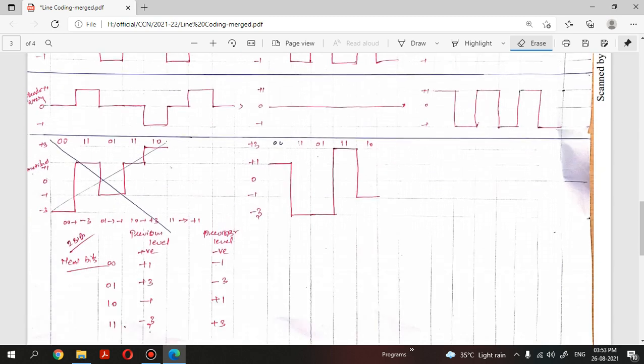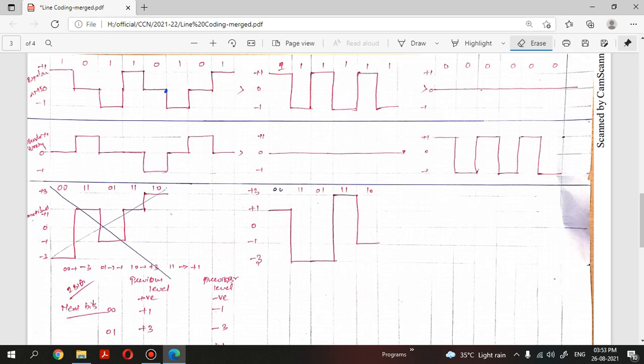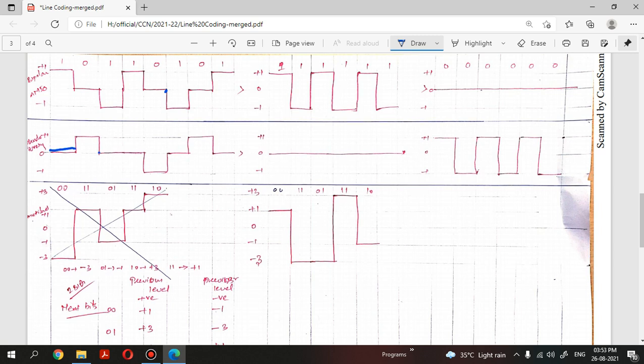Next one, pseudo Manchester. Pseudo Manchester is almost similar to bipolar AMI, and a similar process is done. Here for 1 I maintain a neutral voltage. For 0 I give alternate positives and negatives. Look at the first one: for 1 I maintain neutral voltage. Next is 0, so I will give positive voltage. For 2 ones I maintain neutral voltage. And for the next 0 I need to check the previous one. The previous one was given positive voltage,